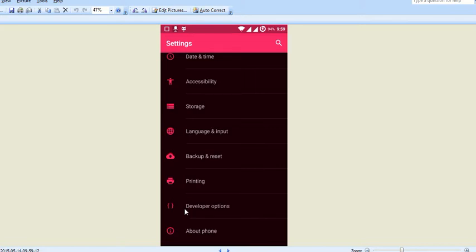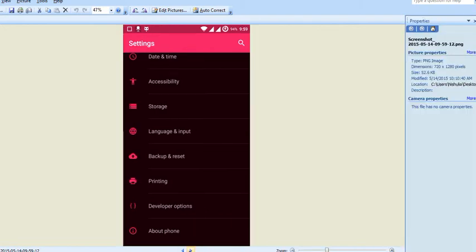After the build number, it will activate debugging. In all normal smartphones, I'm talking about Android phones, you need to check USB debugging in the developer options.